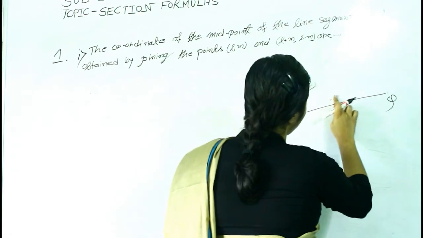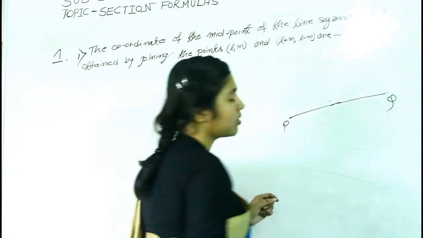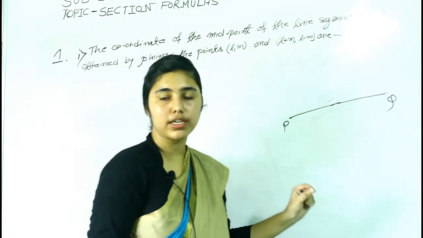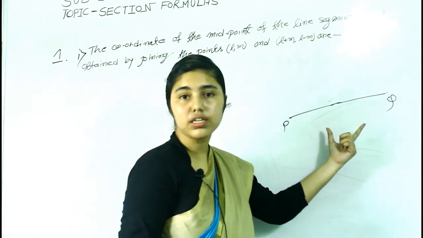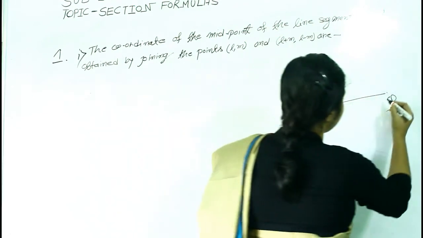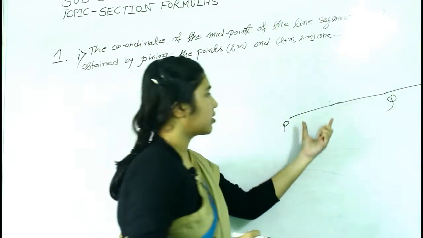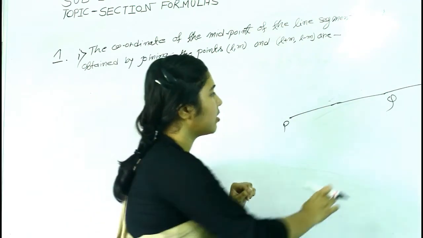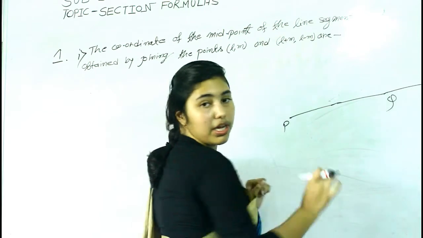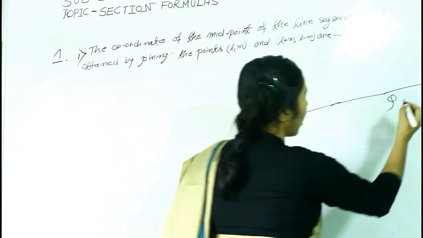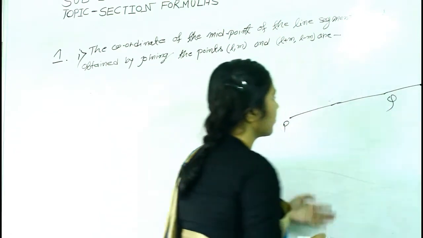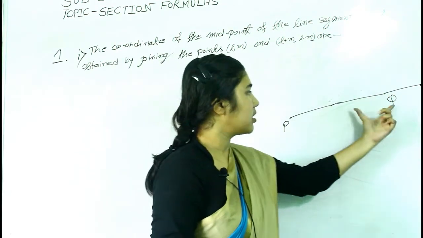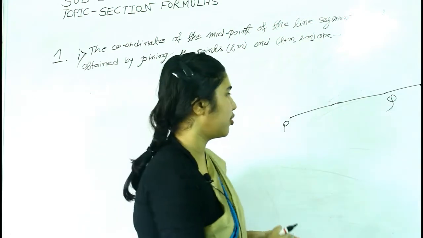ओके और अगर क्वेश्चन में दिया है कि एक पॉइंट R है जो इस PQ लाइन सेगमेंट को एक्सटर्नली डिवाइड कर रहा है, व्हाट डज इट मीन? इट मीन्स द पॉइंट लाइन सेगमेंट के ऊपर ही होगा, लेकिन दोनों पॉइंट PQ के बीच में नहीं होगा. कहाँ पे होगा? आउटसाइड, on the line segment, but not between these two points P and Q.